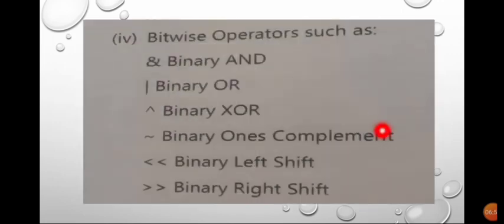Here we have the bitwise operators. Previously we saw arithmetic operators and now we are using bitwise. So this is binary and, this represents binary or, and binary XOR. To XOR two bits we have to use this symbol. Then binary ones complement: if you use this, the operation performed on the given data is ones complement. This is binary left shift, if you want to shift data towards the left, then you have to use this. Similarly, the one below is used to shift the data in the right direction.